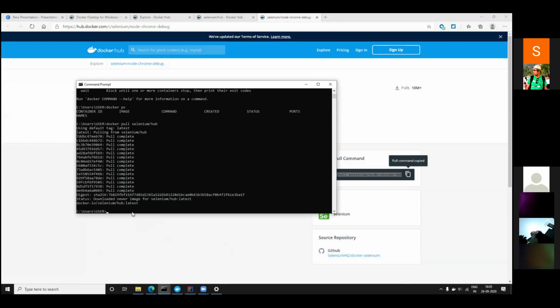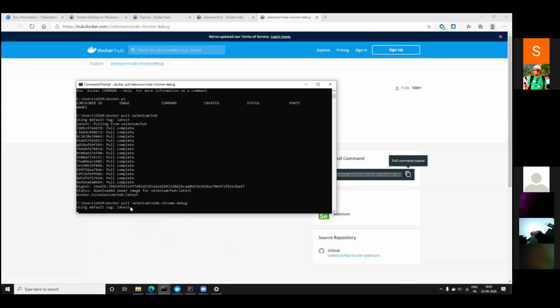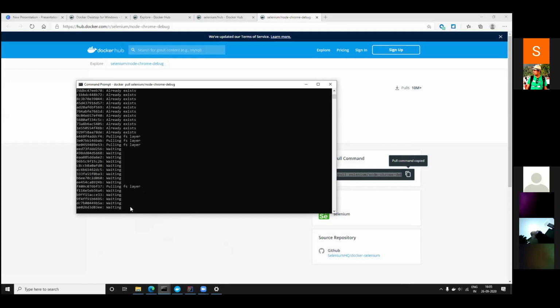So this one is downloaded. Let me download the second one. It won't take much time. It downloads all the required things for running that container or OS.